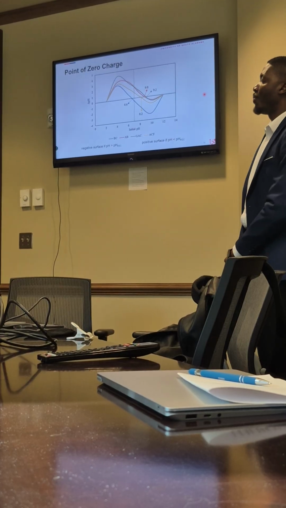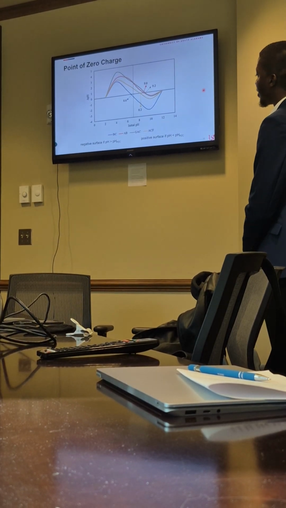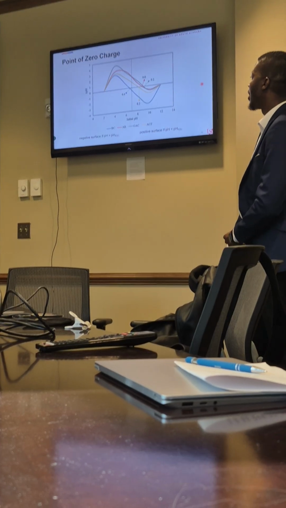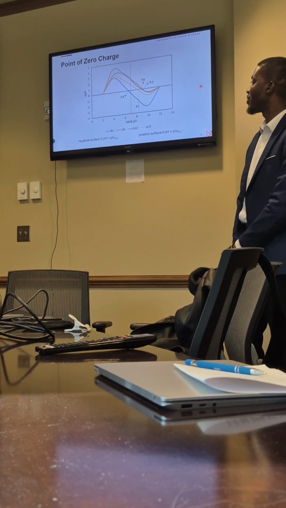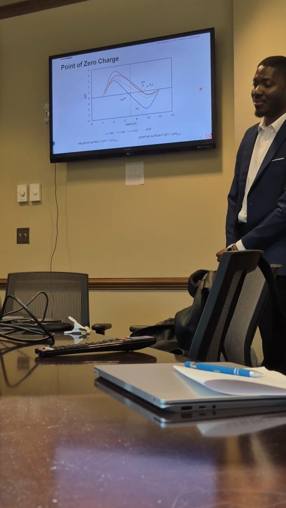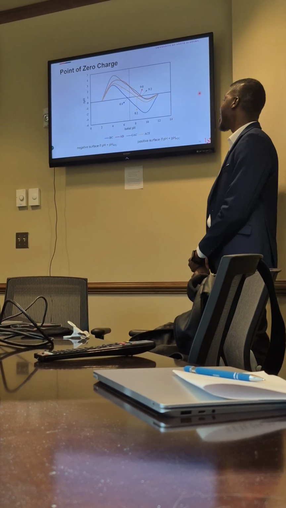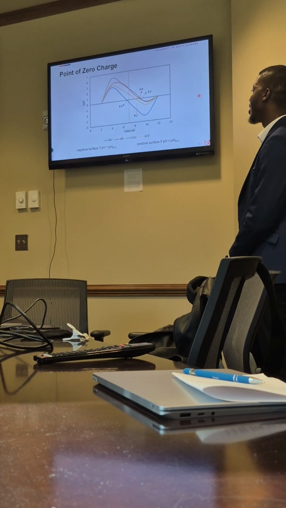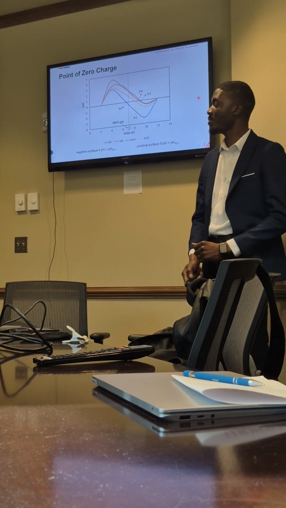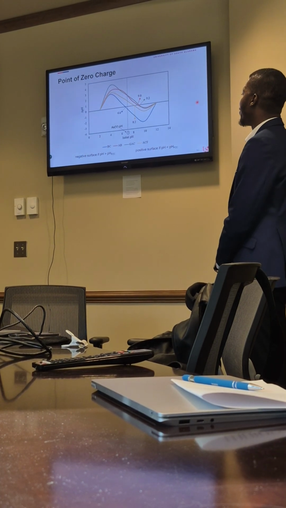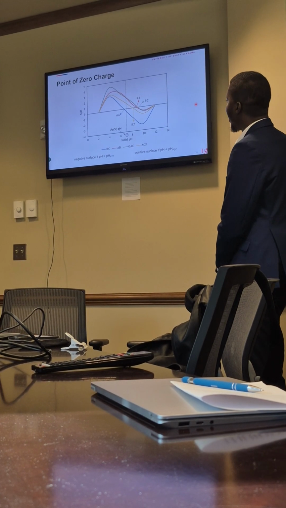So the results for our point of zero charge. This was basically done to tell us the charges present on our adsorbent, whether they are positive or negative. An adsorbent has a negative surface charge if the pH is greater than the point of zero charge. And it has a positive surface charge if the pH is less than the point of zero charge. So for our experiment, our arsenic experiment was carried out at a pH of 7. So as we can see,